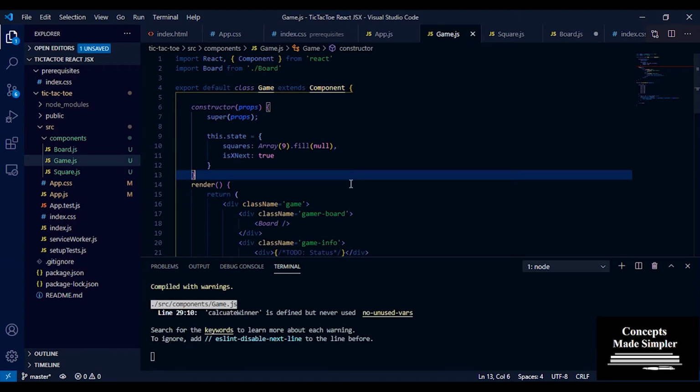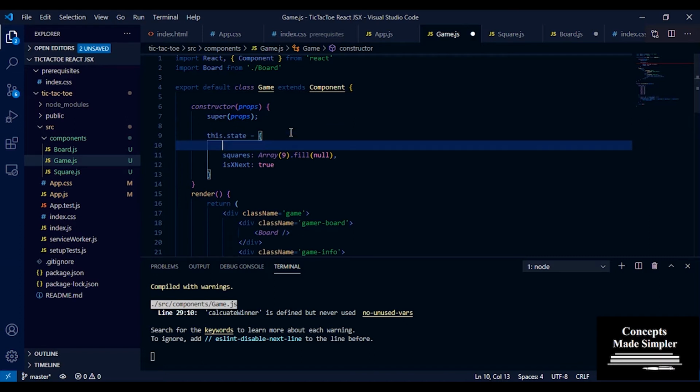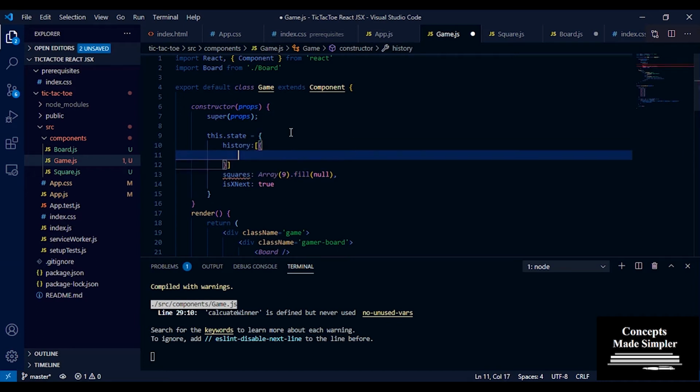Now, one more thing we want here is history, because we want to maintain the history of the squares. So we're going to make history equal to a list, a list of squares objects, which has got squares, and squares is going to be picked up from here.